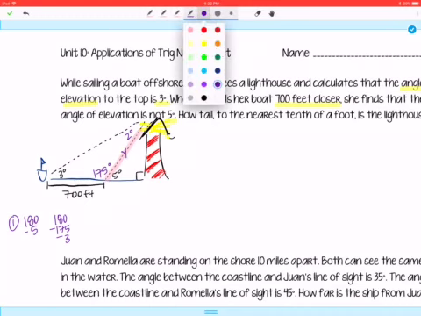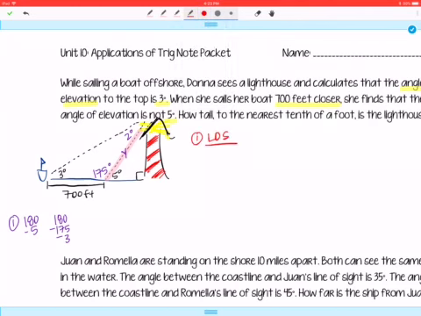Using our law of sines, we could set up a ratio comparing the things that are opposite. So 2 degrees would go with 700 feet, and 3 degrees would go with my missing side. So the sine of 2 over 700 feet is equal to the sine of 3 over y. When we cross multiply,